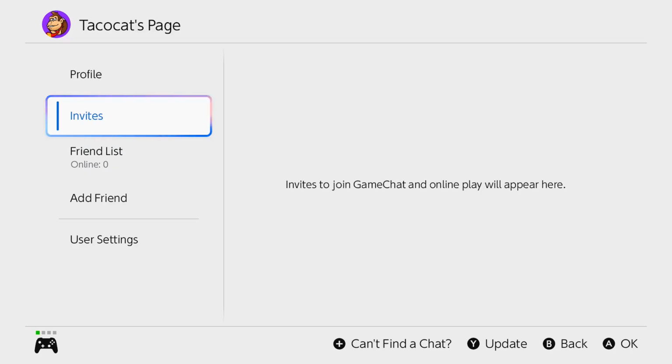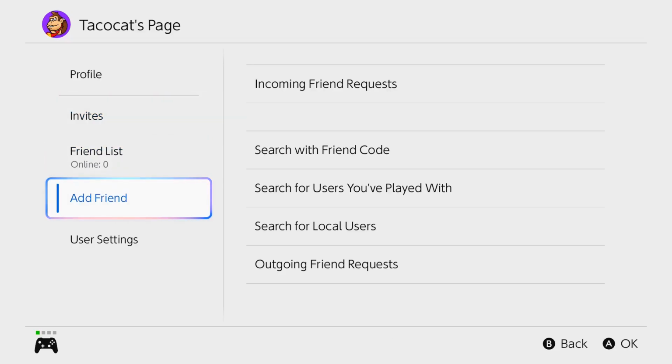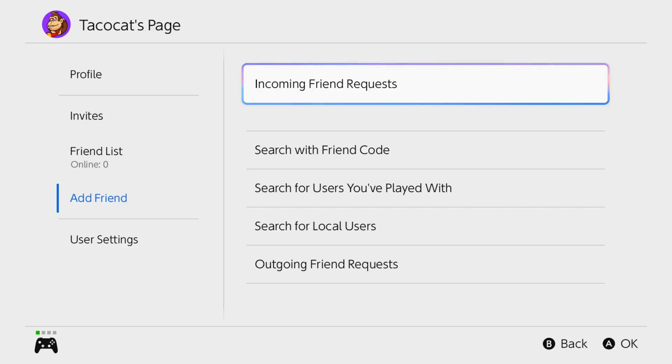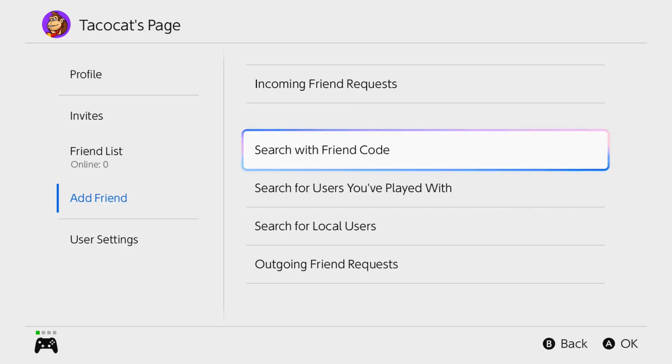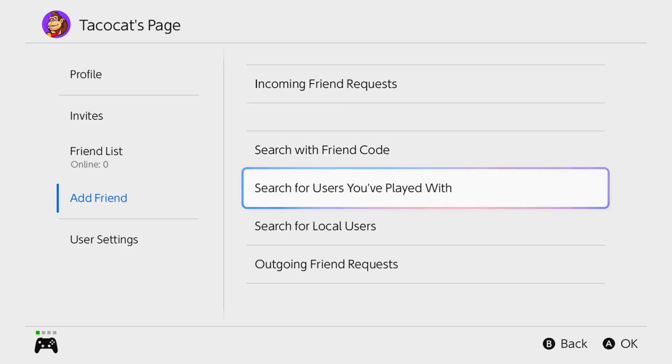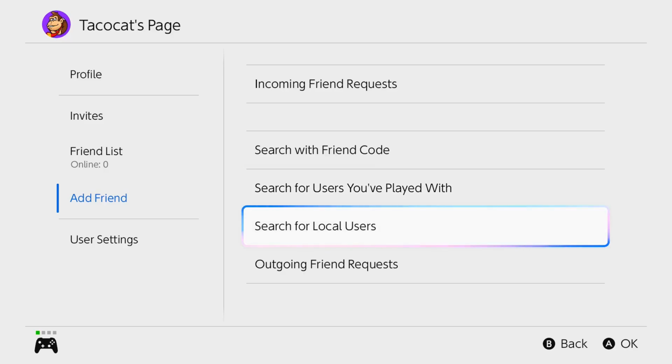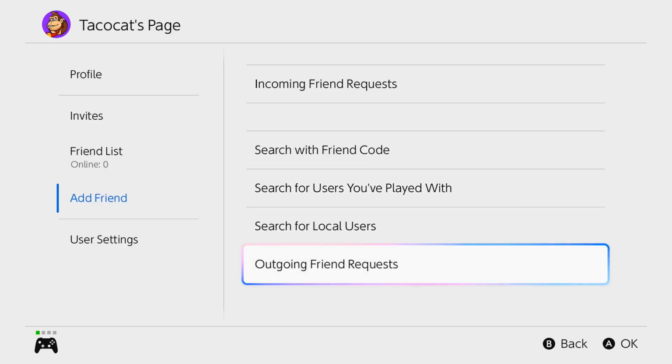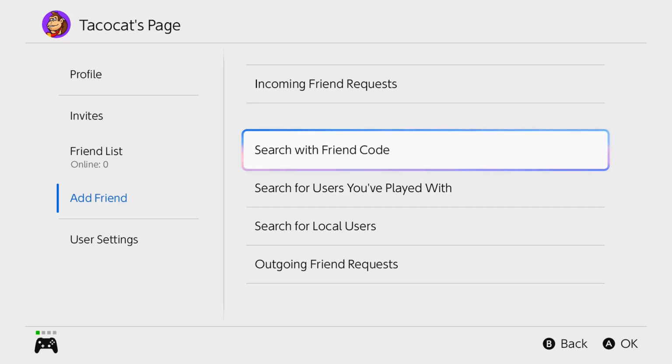From your account page, we're going to go down to the area where it says add friend, and then you have some different options here. So you can check on your incoming friend requests. If you would like to send a friend request to somebody, if you have their friend code, you can do so in this area. You can also check for users that you've played with. You can search for local users around you. You can see your outgoing friend requests, but I'm going to click on the option where we're going to search